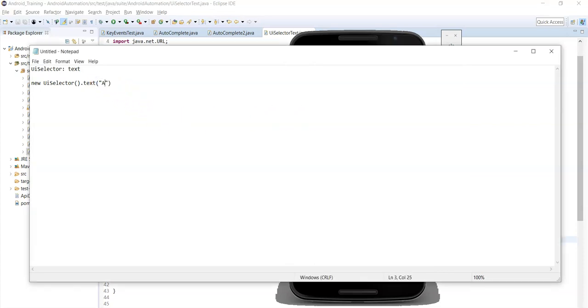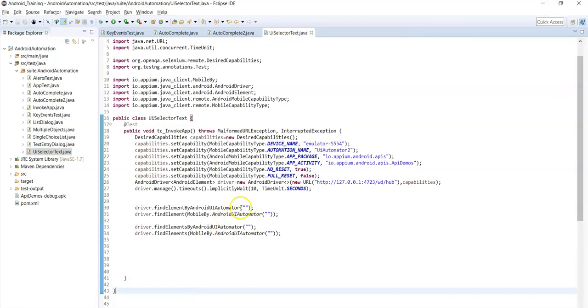So you need to pass the exact text attribute value to identify the unique locator. We need to place this locator value inside the UI Automator method.